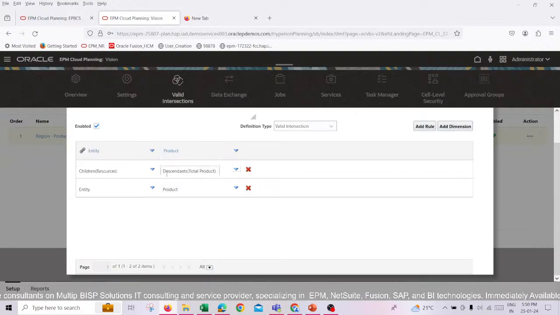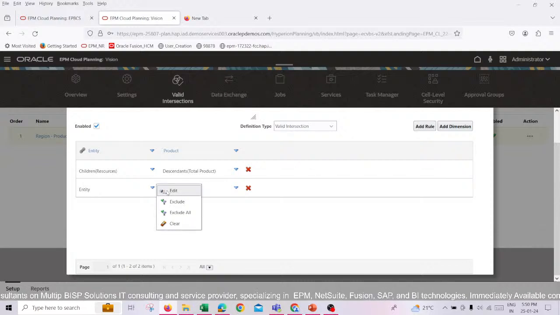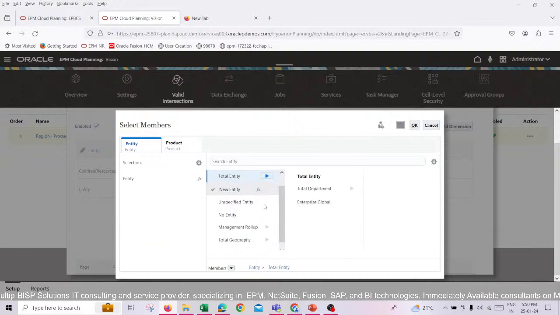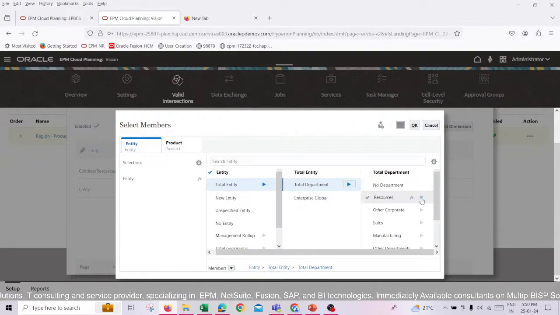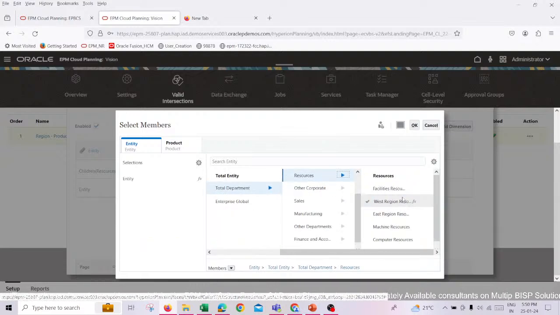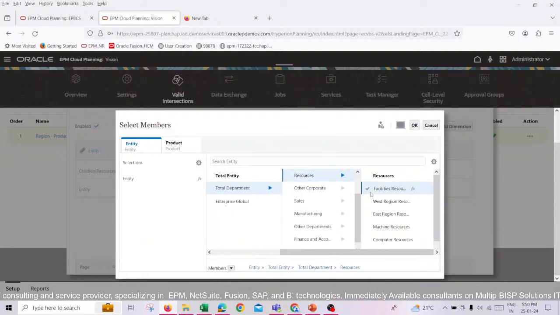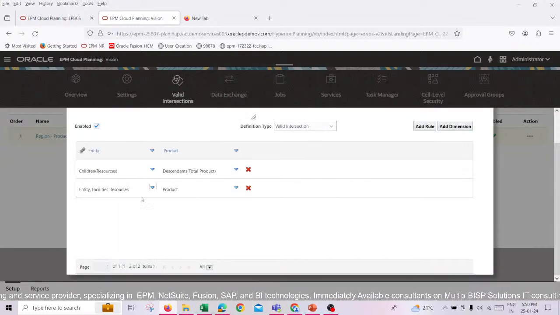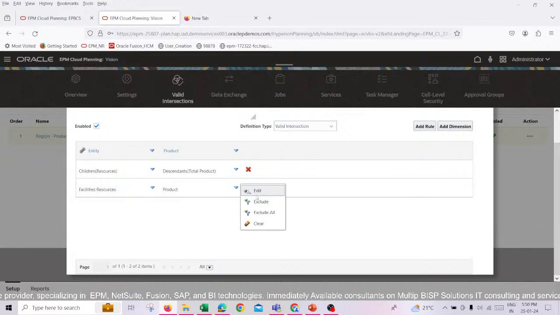Now I have selected both of them, and the next step is to select for which entity I want to select. Like if I take facility resources, in facility resources, my product,